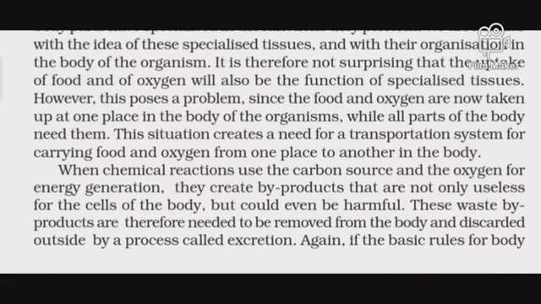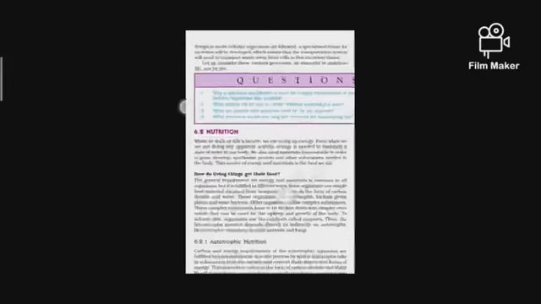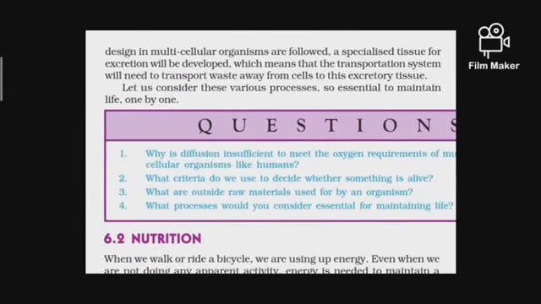And there are many other chemical reactions that take place in our body. If we have to throw out waste from our body, we need to perform a function called excretion. So till now we have seen different kinds of functions such as nutrition, digestion, excretion, respiration, and transportation. These are all the processes that we have to study in this chapter, and there are different questions that we have to talk about in this chapter.